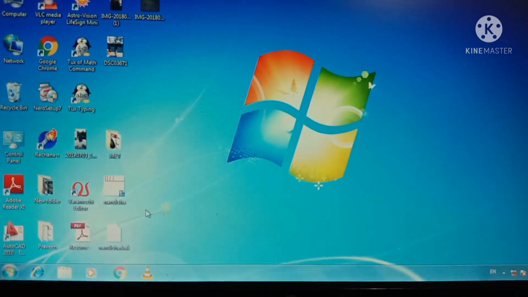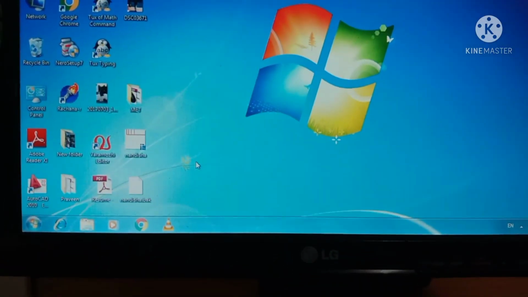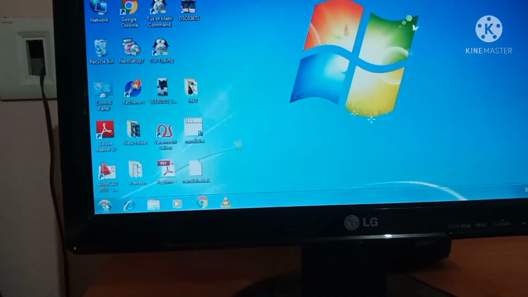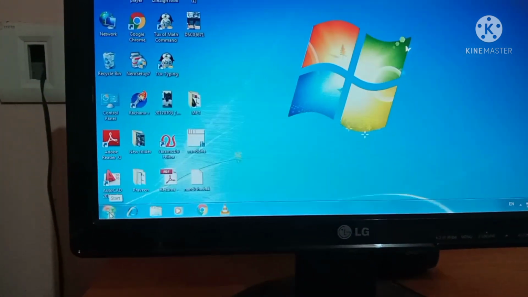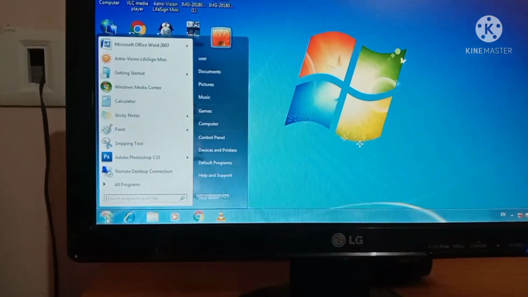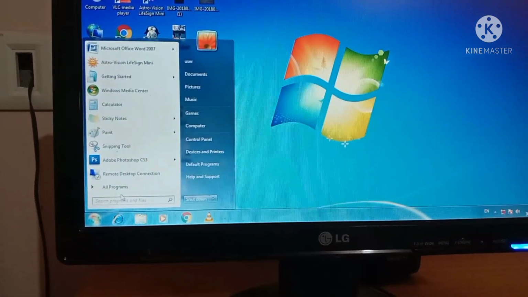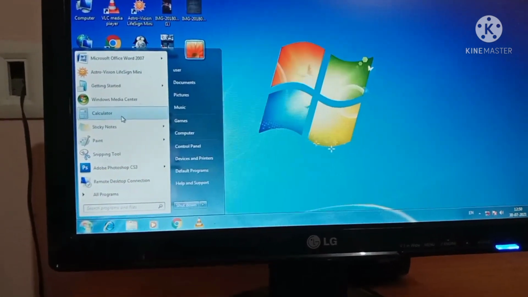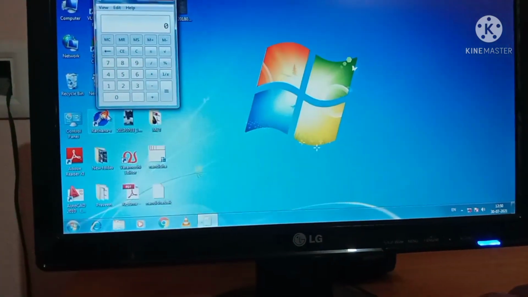Now I want to open the calculator. Then what do I have to do? You have to look. The mouse is here, and I have to come to the start button. Then I have to select. So many softwares came there, and which do I have to take? Yeah, this one, calculator. So I have to click it.